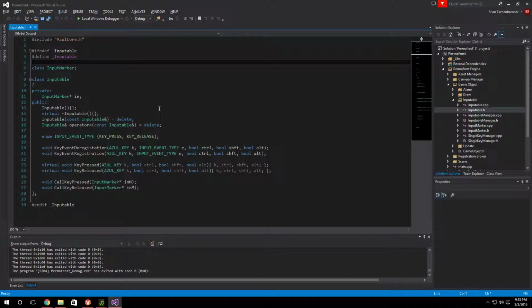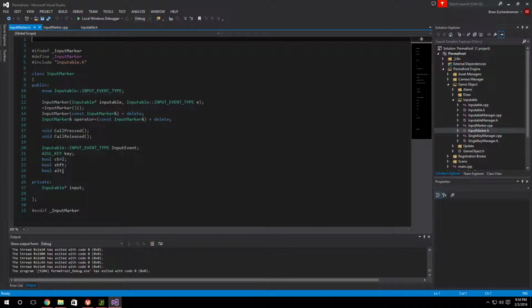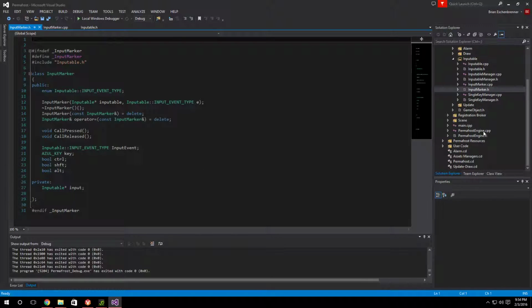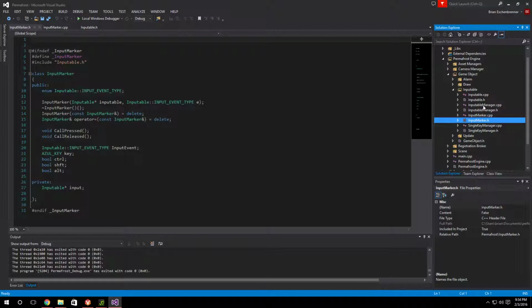So for Sprint 4, I added the input manager. For the input manager, I have my inputable, which is part of the game object, which has key pressed, key released, and then my registration. What it does is it creates an input marker, which just keeps track of all my information, and then I send it through all of the registration stuff, just like the alarm markers, and it comes back to a manager,